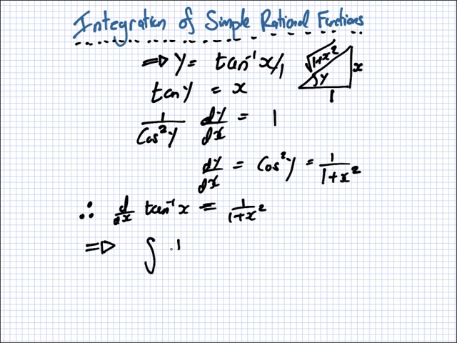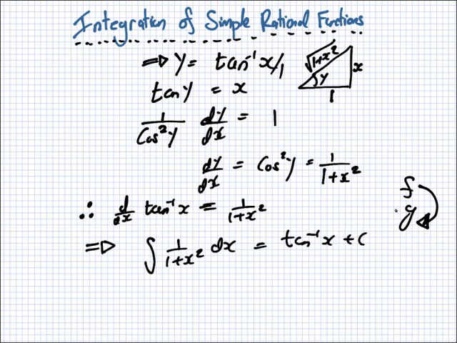So that means the integration of 1 over 1 plus x squared is equal to tan inverse x plus c. So remember, if I have, say, f and g, and I tell you the derivative of f gives me g, therefore, the integration of g brings me back to f. So if the derivative of tan inverse x is this, then the integration of this brings me back to tan inverse x. Now, just so you know,